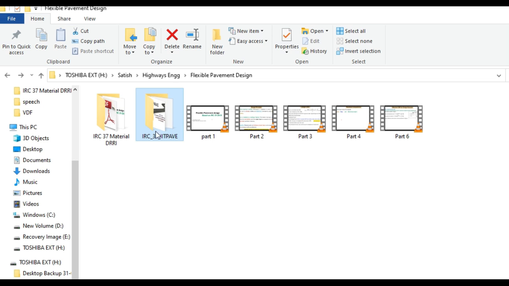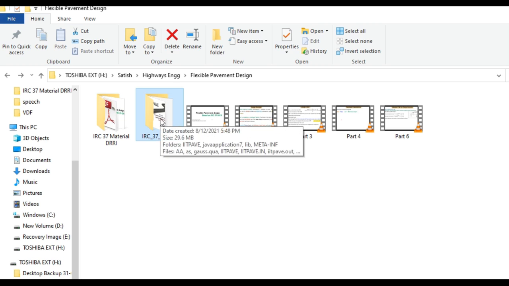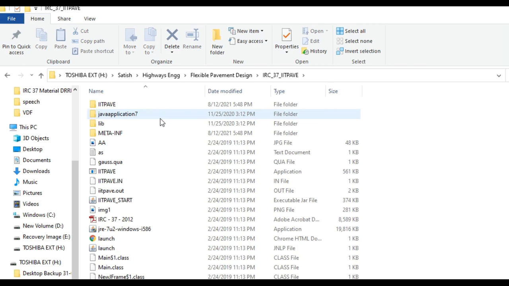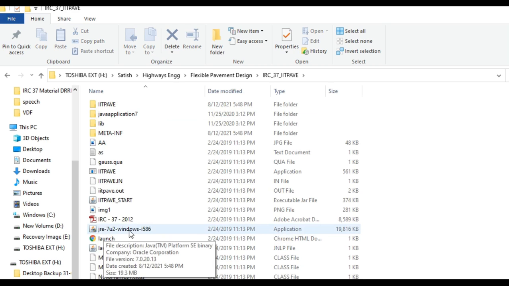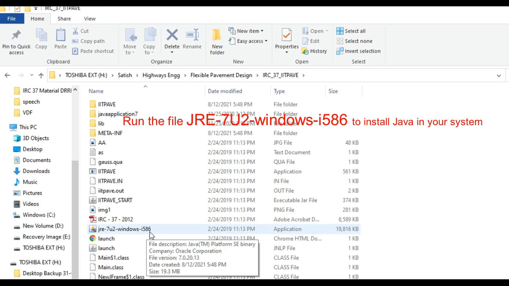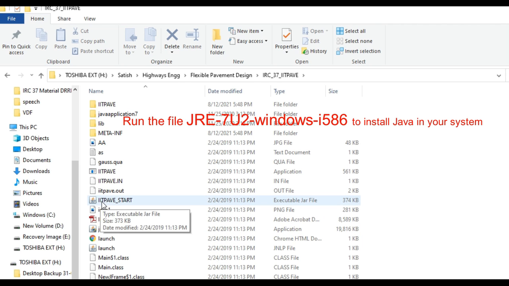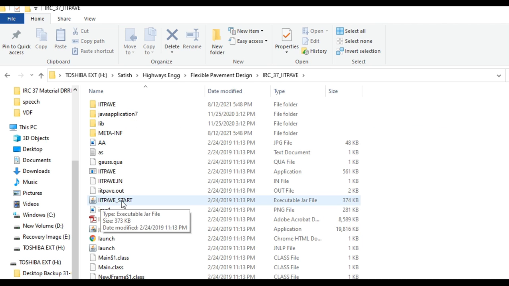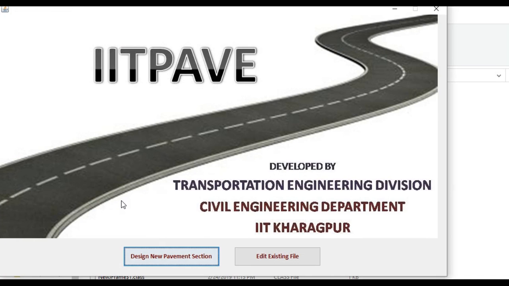This is IITPAVE software on my system. You just click it. First thing you have to do, you have to install Java. So this file JRE7U2 window i586 is to be clicked, and then it will install Java on your system. Once it is done, then you can start this IITPAVE start. So when you double click this software, here you say design of new pavement,